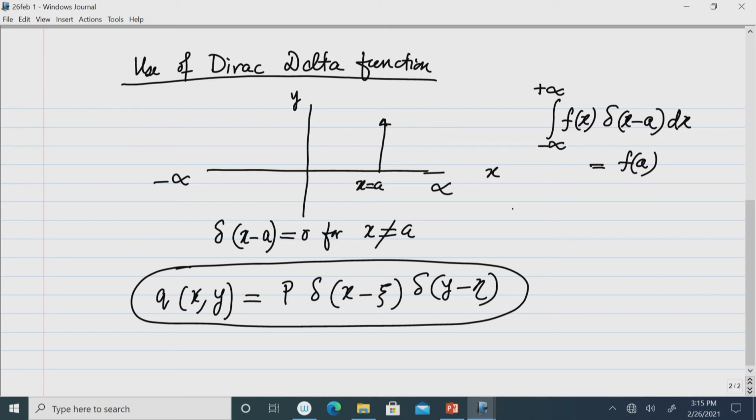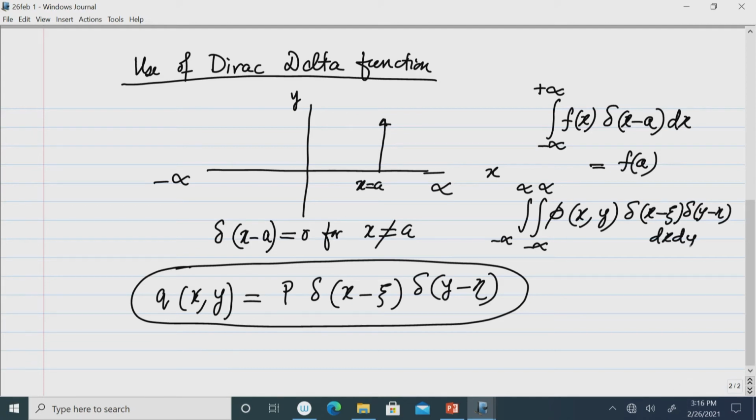So, in case of a concentrated load acting on the plate, if I write like that, say any function which is a function of x and y in a two dimensional problem, and integration is carried out along the x axis and along the y axis in an infinite domain, then we get, say, the Dirac delta function is situated here. So, the double integration will result in just the value of the function evaluated at this coordinate, okay, xi and eta.